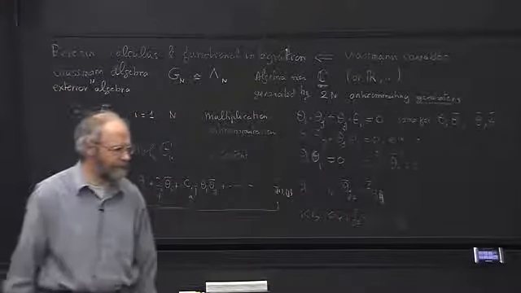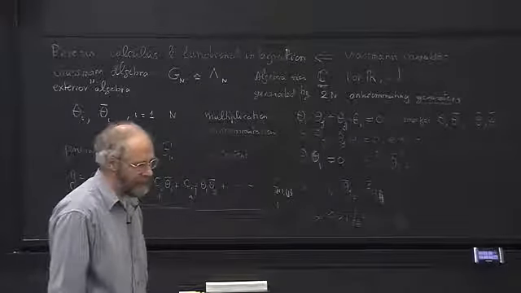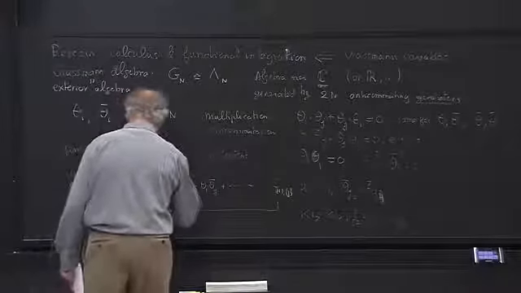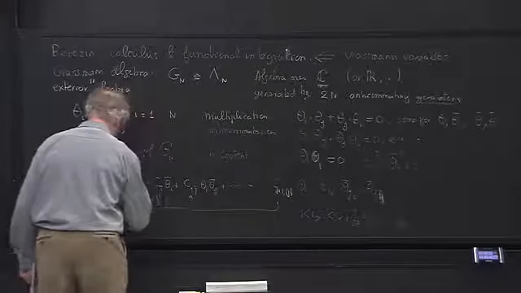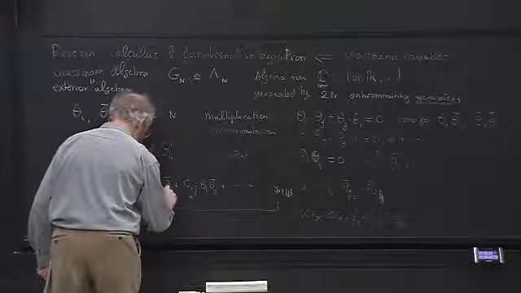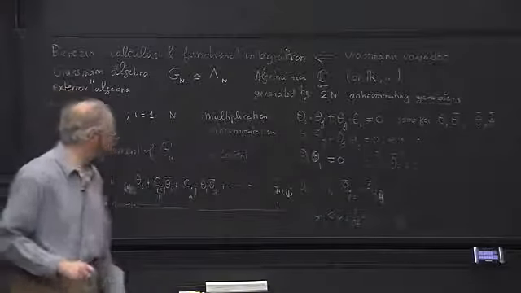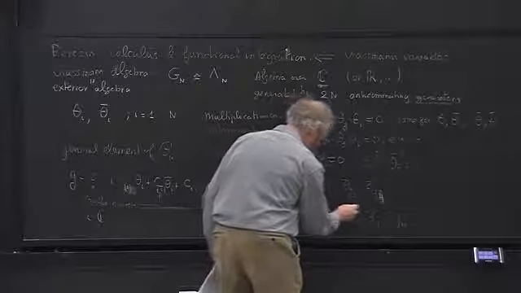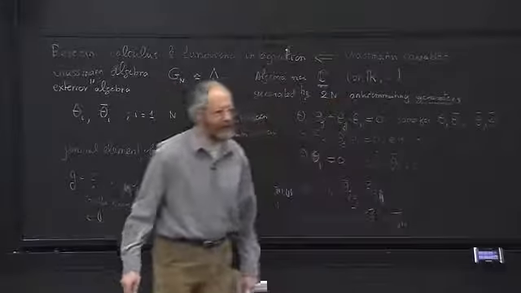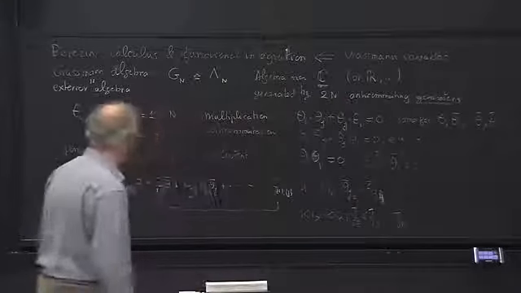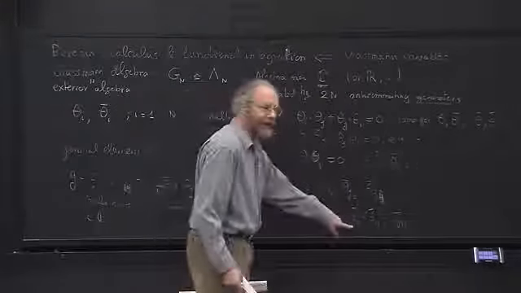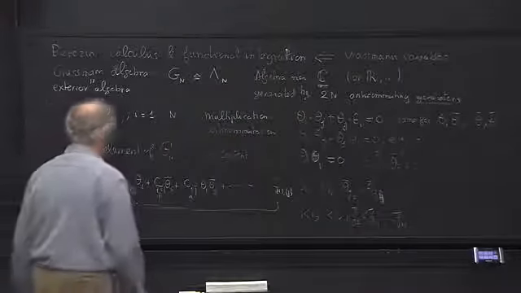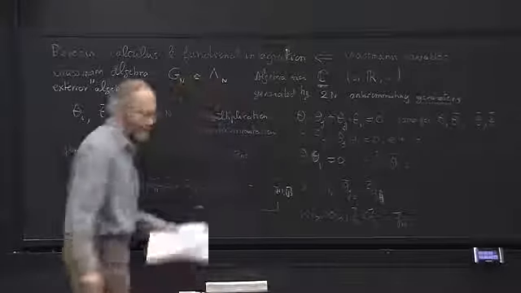Is there a reason the coefficients of the theta I and theta I bar are the same? Are they meant to be the same? No. That's why I should have written an I bar. So it's better to write it that way, to write them G and G bar, to be sure what you are doing. Those are just, of course, integers. It's just a label, okay?